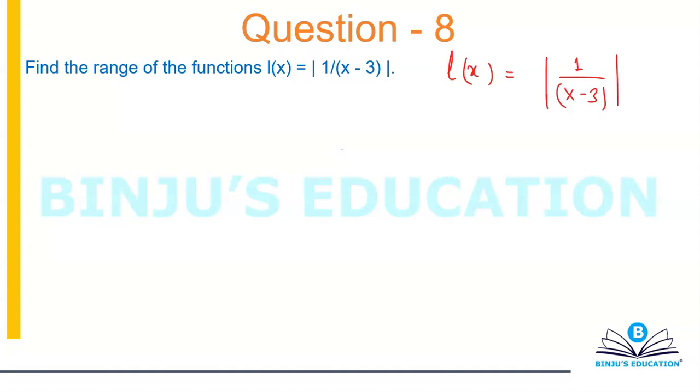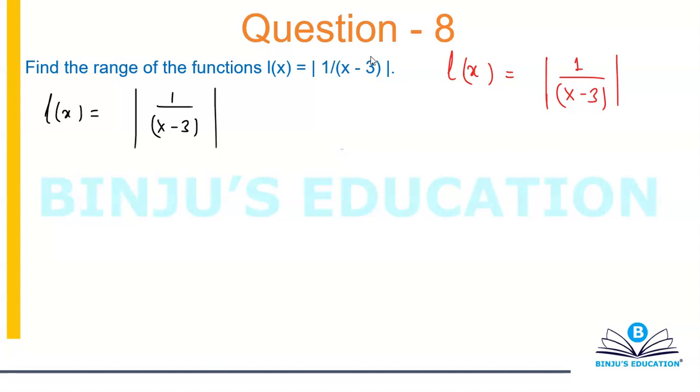All right, let's see what we can do with this one. Now we'll be using our logic also. We will not be just solving it for the fact that I have a linear equation in the denominator. I'm going to use my logic. See, I have this function L(x) is equal to mod of 1 over (x minus 3). Now I have a constant value in the numerator, and that is none of my concern because it's a positive constant value, so I should not be worried about it. The only thing I have to think of is the x minus 3 part in the denominator.